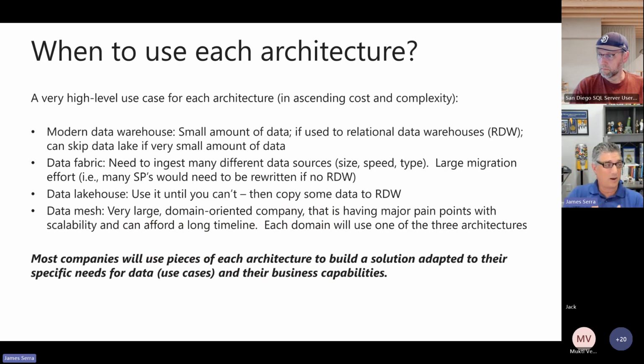So I've seen some customers with thousands of stored procedures, and it's like, well, yeah, let's just use a relational data warehouse. Maybe down the road we'll convert those, but for now we'll have a data fabric where we have a relational data warehouse in there. Most customers